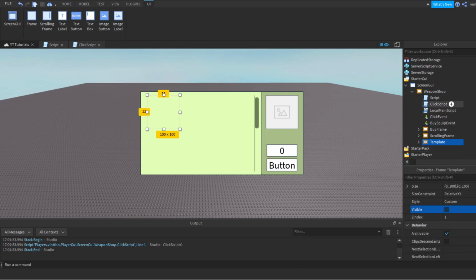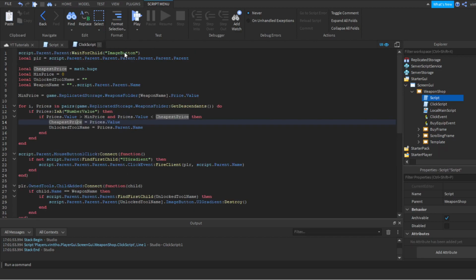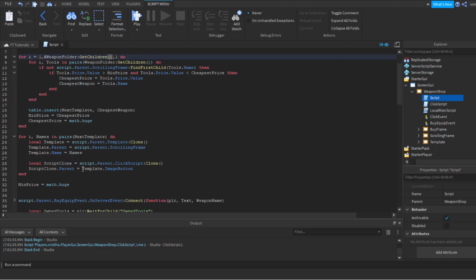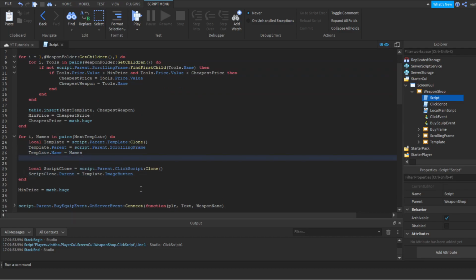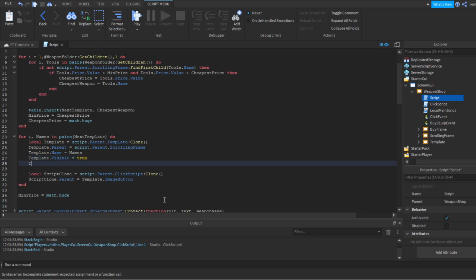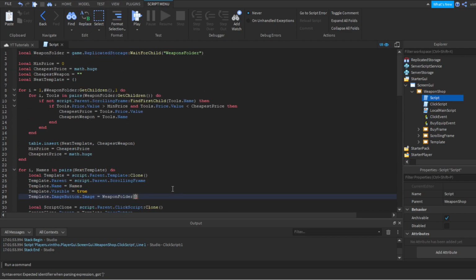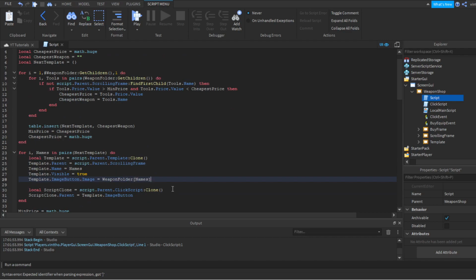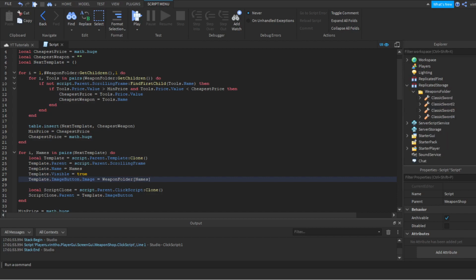Okay, so invisible, and then we can just go into the script again and write template.Visible should be equal to true, and template.ImageButton.Image should be equal to weapons folder names. Wait. Now,